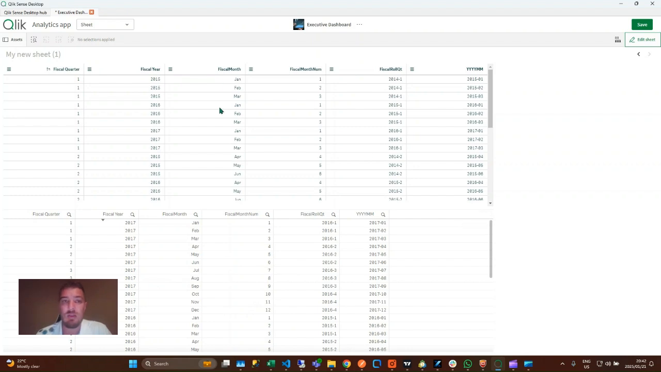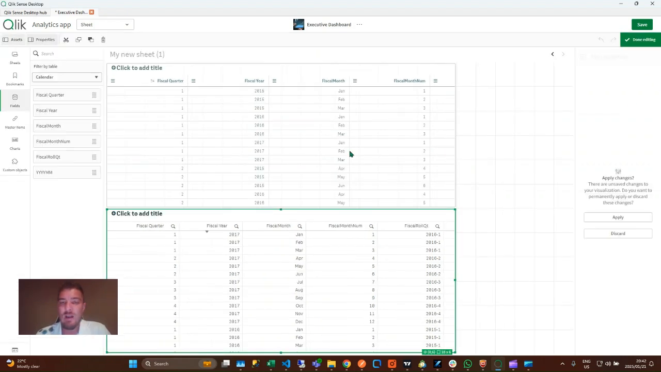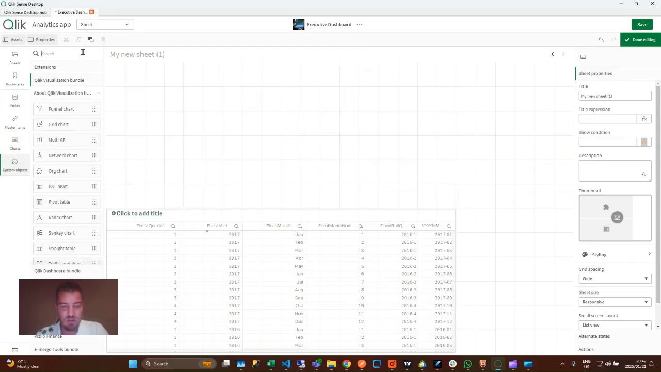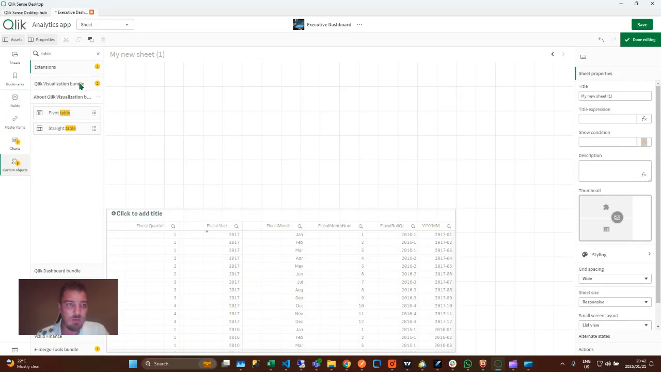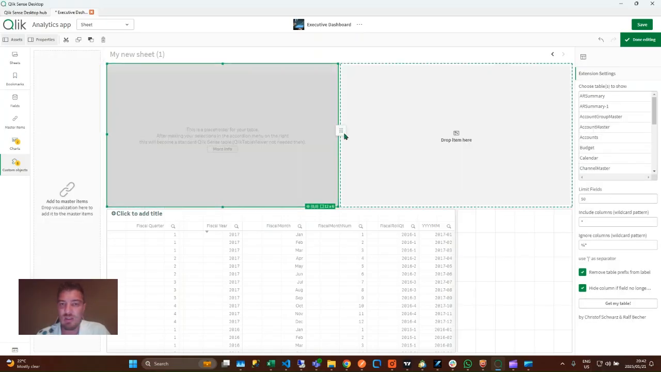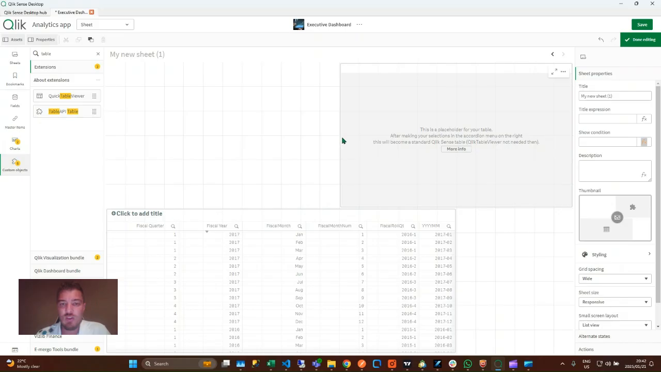That was kind of released before this new straight table, but there's a pretty cool extension that I use called Quick Table Viewer. I will share the link of both the extensions in the comments. But if we hit this Quick Table Viewer, first thing we can do